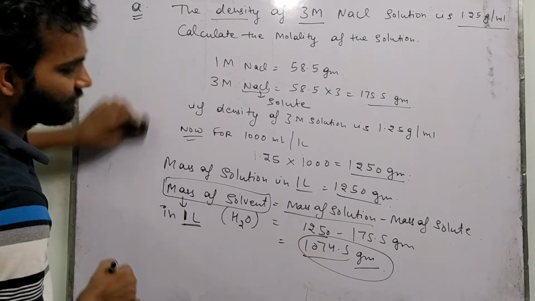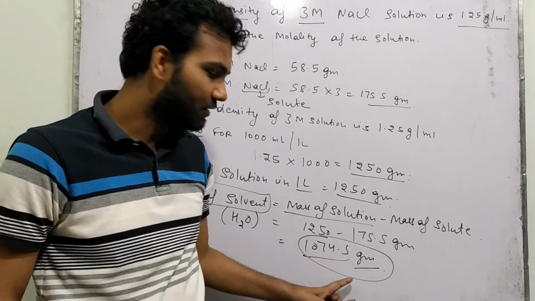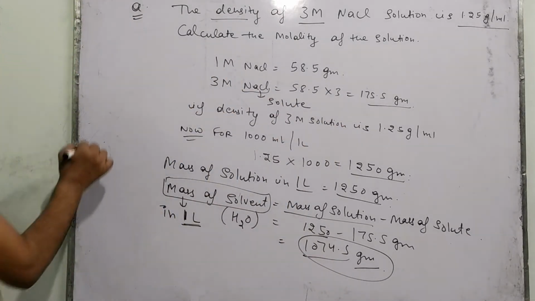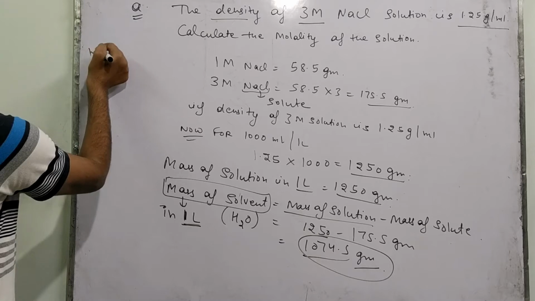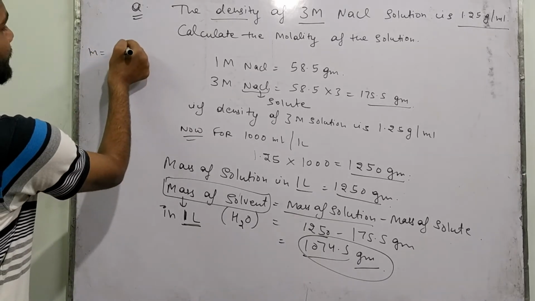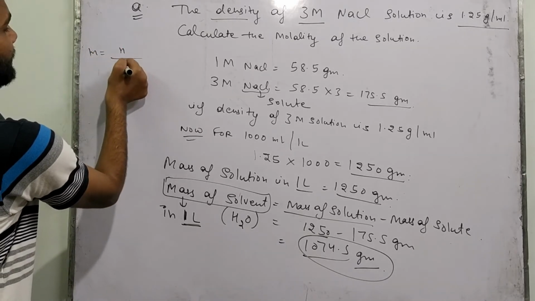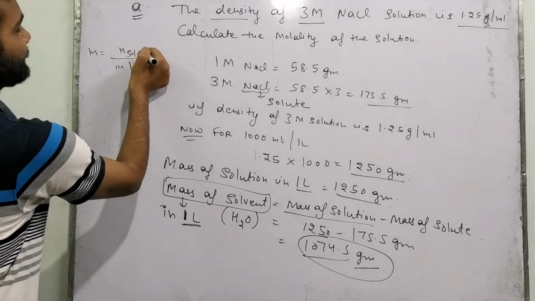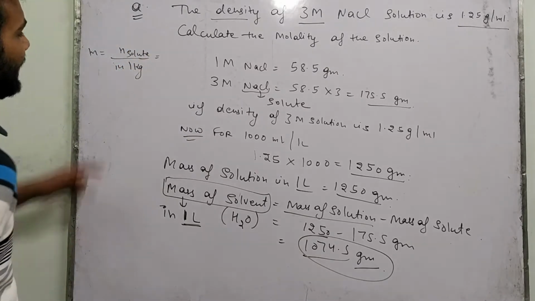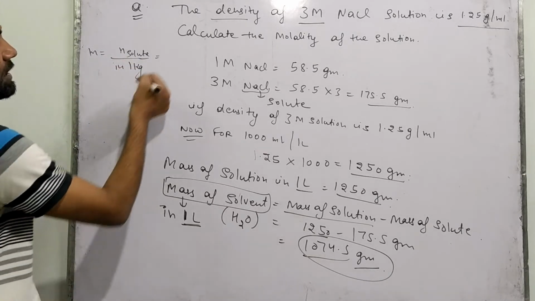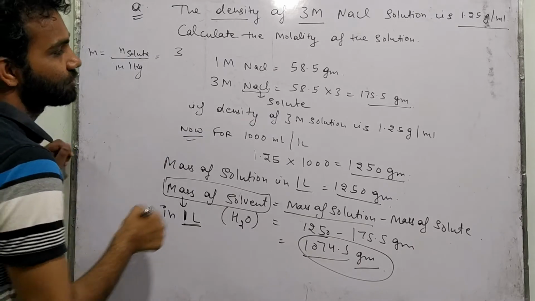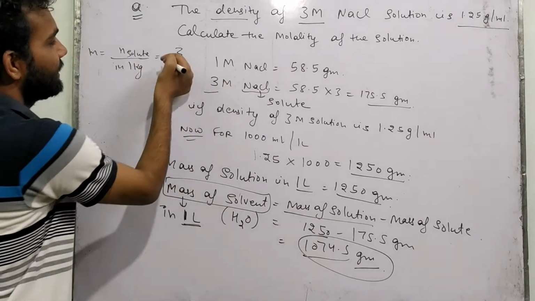Now we will calculate the molality of the solution from the given data, by using this solvent mass. Now small m is equal to number of moles in 1 kg. Number of moles of what? Solute. n कितना है बेटे आपके पास? आपके पास n है 3 मोलर, क्योंकि क्वेश्चन में आपको दिया गया है. Clear? Divided by